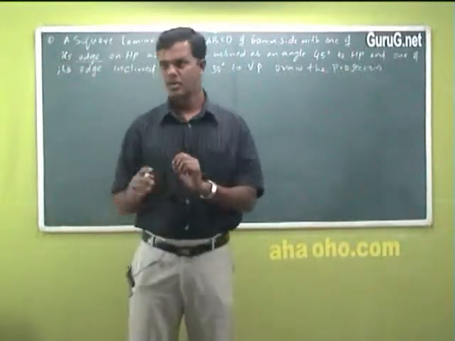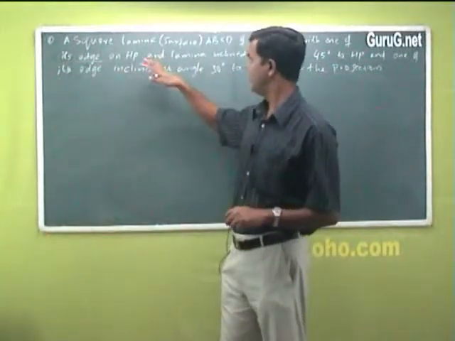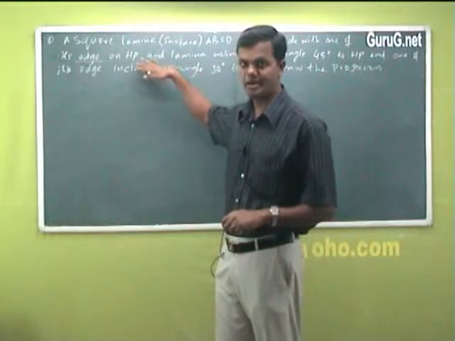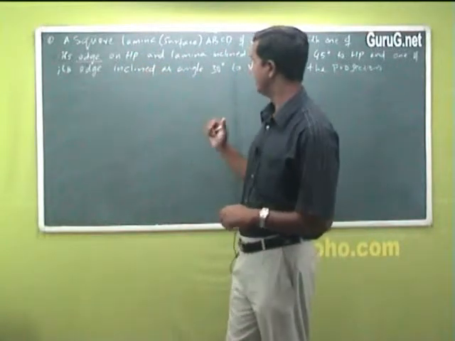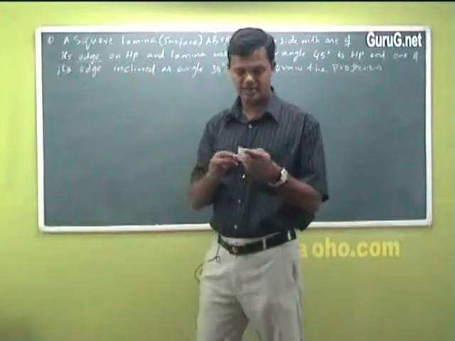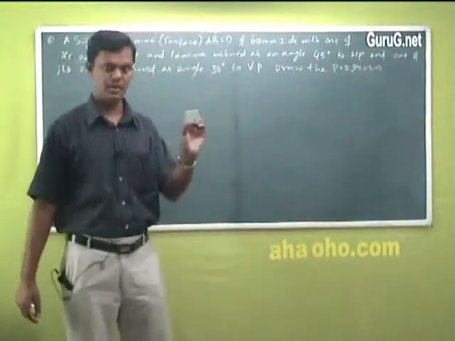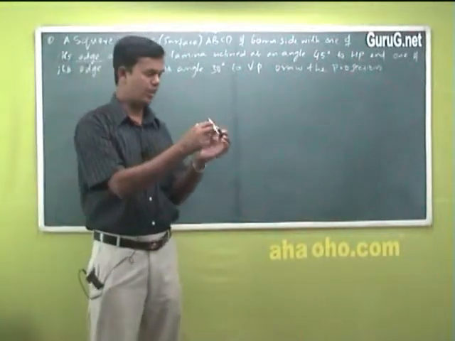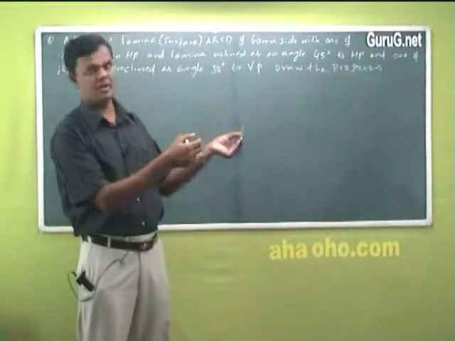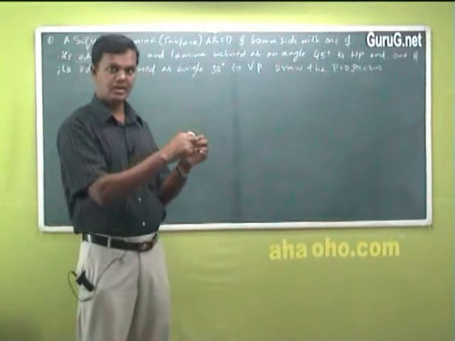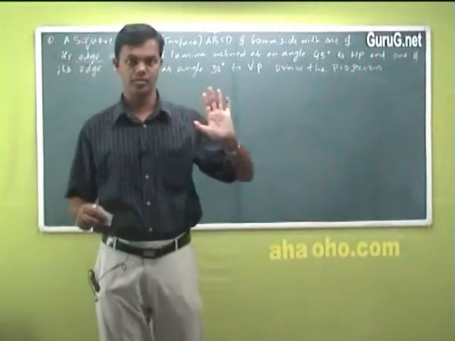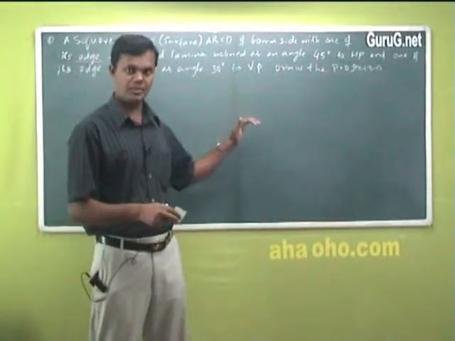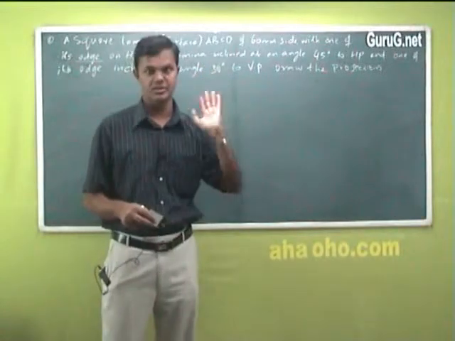Now basically what we do, while reading a question, first we have to find out the inclination with respect to what angle it is, I mean which plane, HP or VP. That's the first point. And the second thing is, it is a square lamina, let me take an example of this. This is a square lamina. Now first we have to decide in what fashion we have to have it, to make it parallel to which plane first, or perpendicular to which plane. Only then we can decide what is its first front view and first top view. Is it okay? Because I already told you, if your first front view and first top view is perfect, you'll get 50% of the marks. It's very easy to score it.